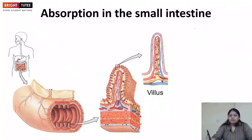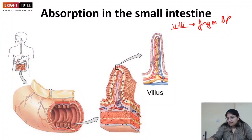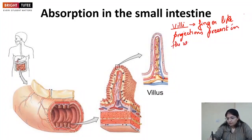How this absorption happens is because of the special structure called the villi. So villi are finger-like projections present in the walls of the small intestine. Now students, if you remember, I told you that this is one of the largest parts of the